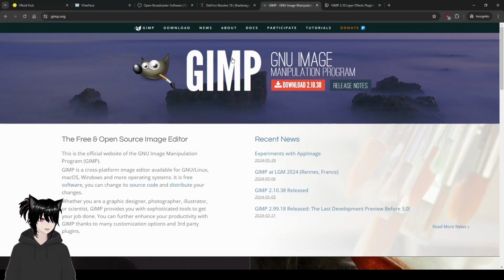And now, for a free Photoshop alternative, look no further than GIMP, the GNU Image Manipulation Program. That's what GIMP stands for. It's completely free and open source. Just go ahead and click that download button, install it, and then